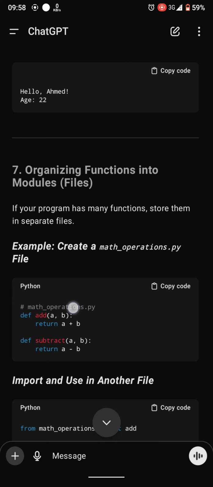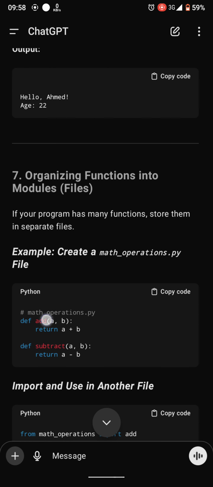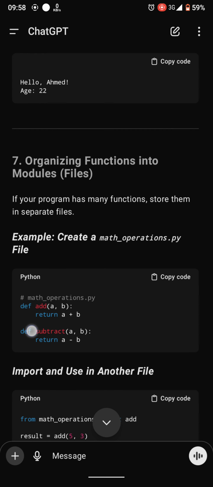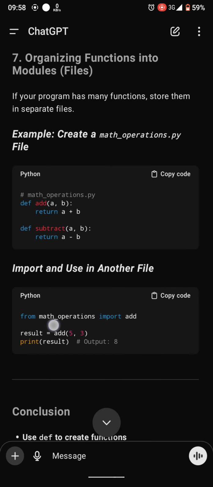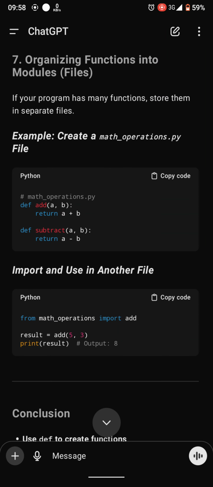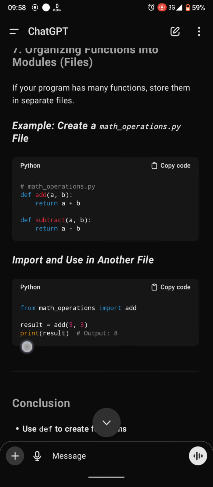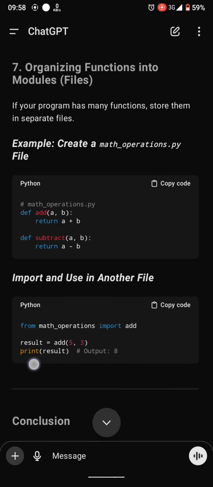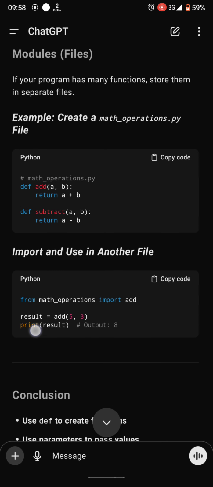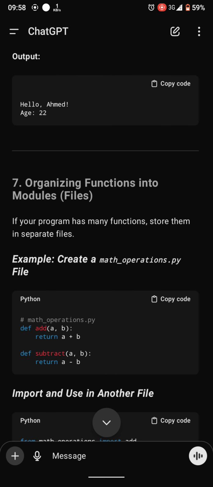So in this case, you stored this math_operations.py in a different place, and you call it in another file by saying from math_operations import add. Result add is 5.3 and print result is 8. Because in here the result is 8, that we wrote in our other function that returns a plus b,